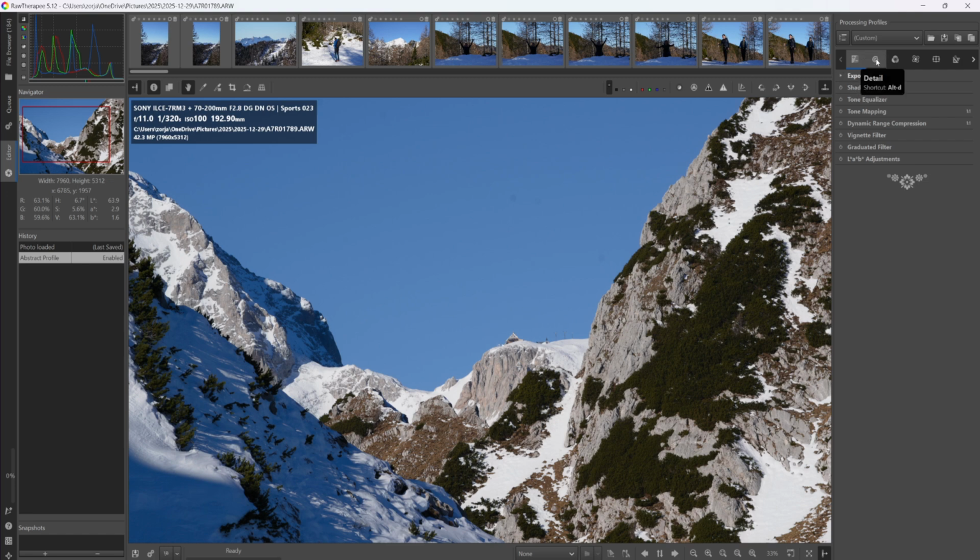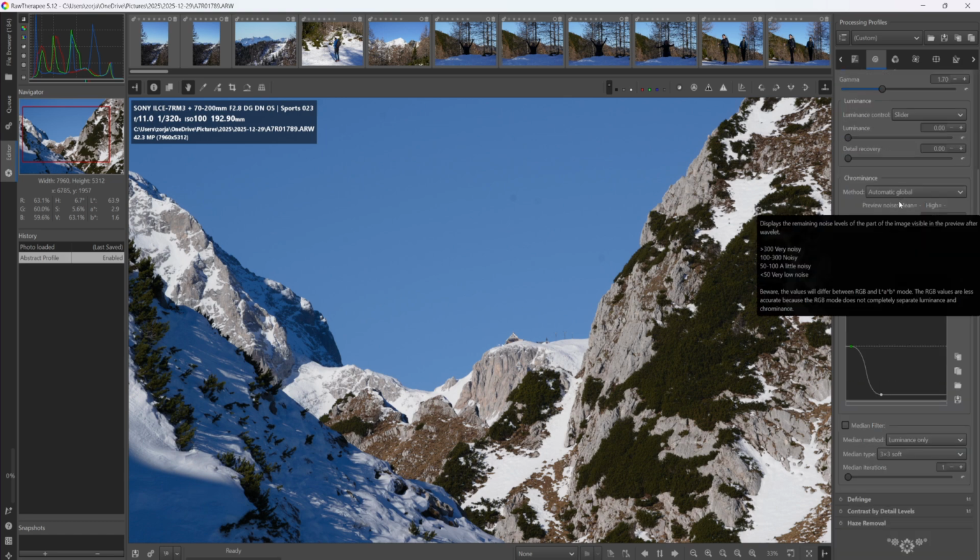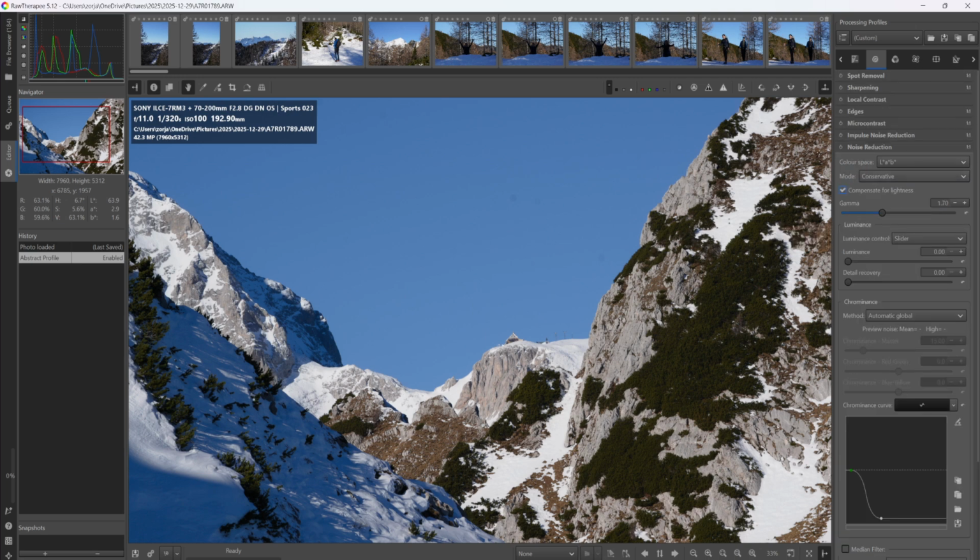If we go one further, detail tab, the shortcut is Alt D, click on it and then just search for noise reduction, just like that, and you will see here a bunch of options for noise reduction. So color space, we have here LAB and RGB, so I will put it into the RGB mode. We have conservative, aggressive, for lightness, gamma, we can adjust gamma, luminance, we have curved slider, luminance, detail recovery, then